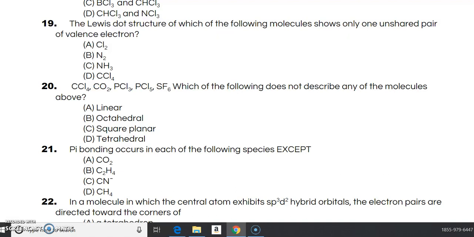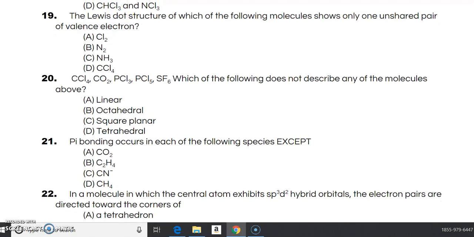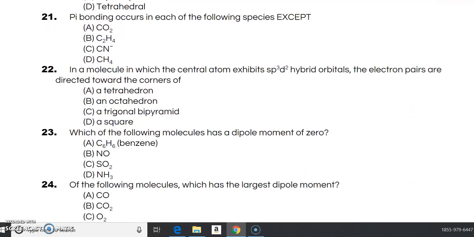And an example of a square planar would be xenon tetrafluoride. All right, 21. Pi bonding occurs in which of the following species? Draw the Lewis structure. So when you draw the Lewis structure, obviously who does not have a pi bond, and that is going to be